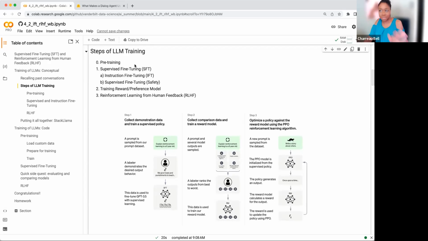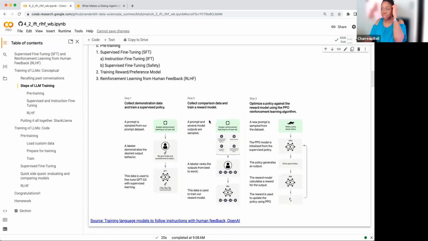So here are our steps that we just said, right? Pre-training, scratch, training model, big data set, supervised fine tuning, which is going to include following instructions and making it safe. Then we're going to have this big old long reinforcement learning training thing so we can get this reward/preference model that is going to tell us how good a response is. And then we're going to have this reinforcement learning from human feedback, which is we're going to use this reward model to help train our own model. So this is the overall view of this thing.